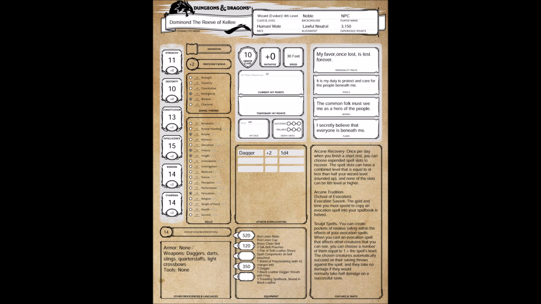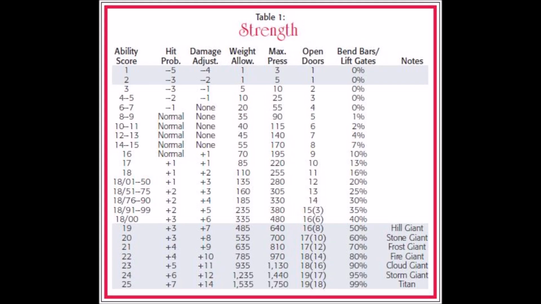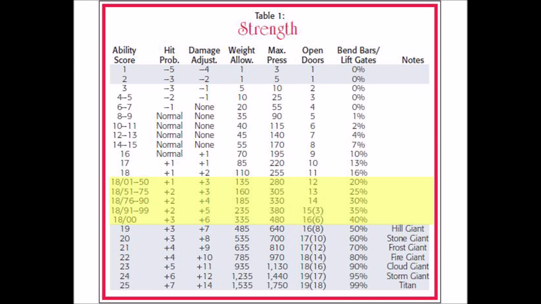One other important thing to note about 2e ability scores was that each had a whole range of secondary stats that were tied to it. They didn't just add flat bonuses to rolls like they do in 5th edition. Here is an example of that. See here on Table 1 from the AD&D 2nd Edition Revised Player's Handbook, strength is linked to a wide range of game mechanics. As you can see, strength is broken up differently when a PC has an 18 in that stat. To convert this, I would advise to look at the damage modifier in the percentile strength section and convert